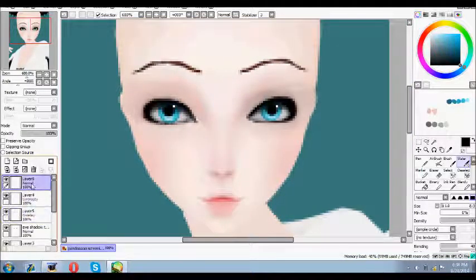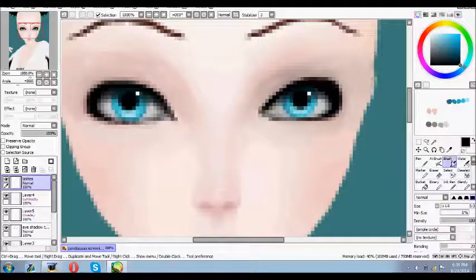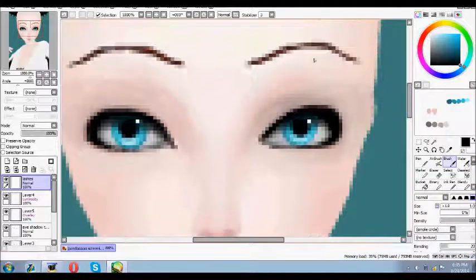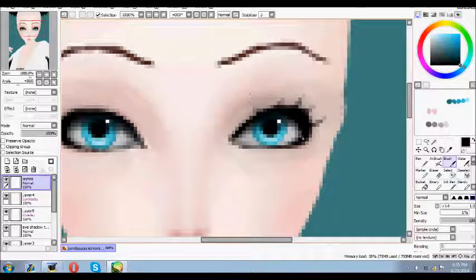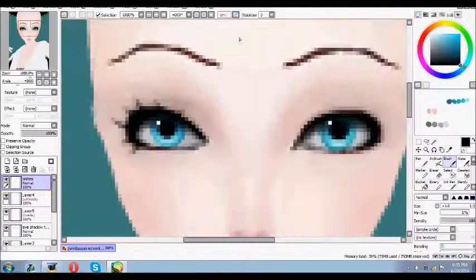Now make a new layer and name it lashes. And this will be the start of your lashes, your eyelashes. And so you take the brush tool and change the size to 1. And using a black color, start drawing in the lashes by doing a sweeping motion upwards and downwards for both